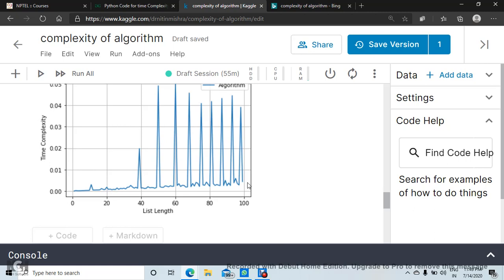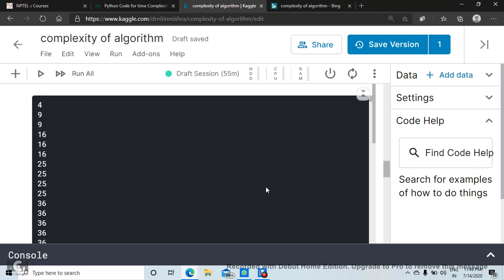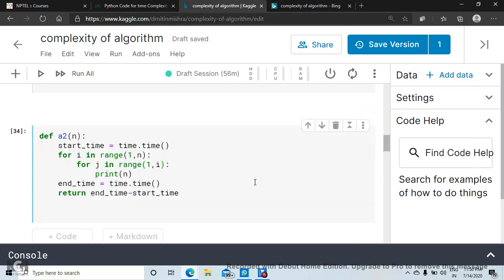Okay, now I'm going to take one more algorithm. Okay, so this algorithm we have already discussed, that i varies from 1 to n, and j will vary from 1 to i.